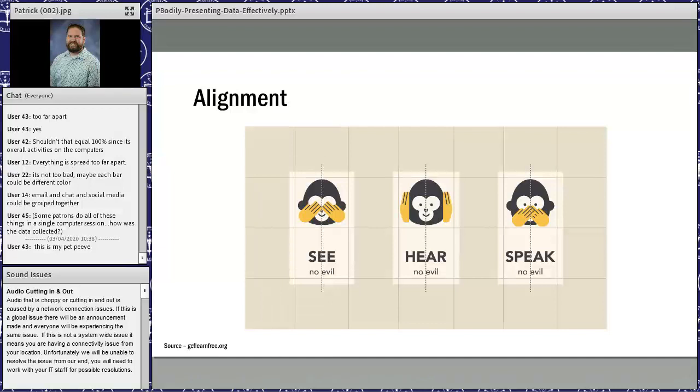Same with PowerPoint. You can use PowerPoint to create data visualization as well. But notice how there's an invisible line centering each image to the text, and each grouping I've also evenly spaced and aligned with equal sized margins. It's this attention to detail that makes the composition easier to navigate. And without consistent alignment, your work could start to feel disorganized.